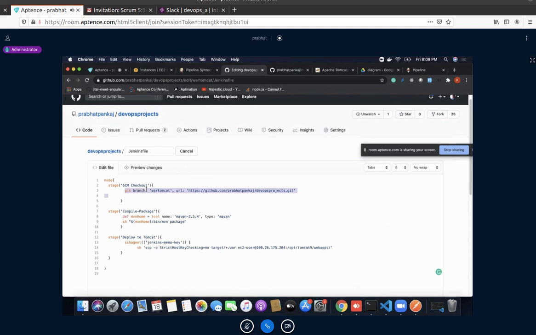You will have to understand what the stages would be, means how you will have to write your Jenkins file, what the structure of your Jenkins file would be. So this is the simplest way to do it. First you will have to write node. After that you will have to have different stages, and you will have to perform different scripts.